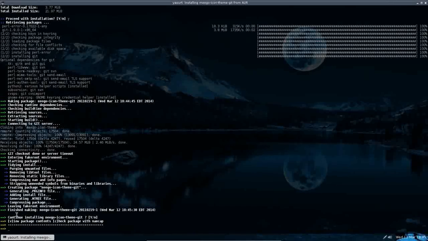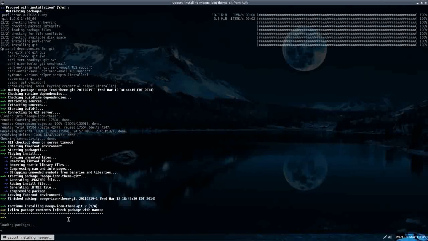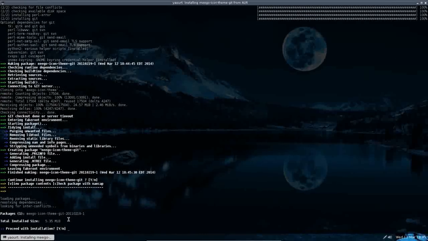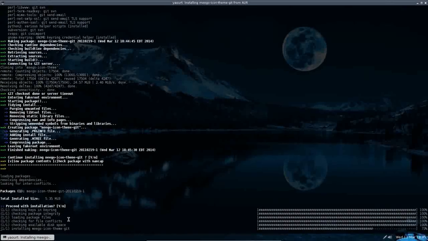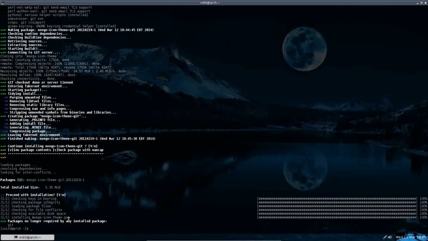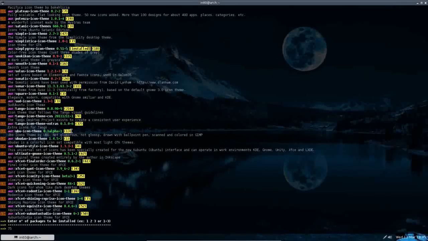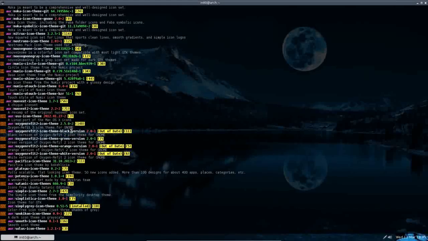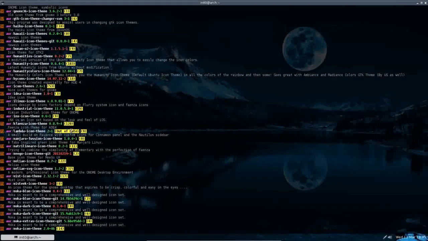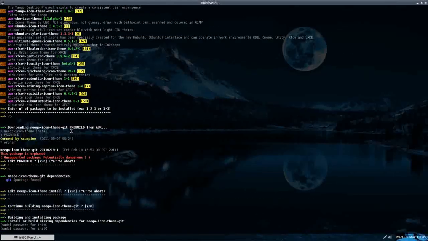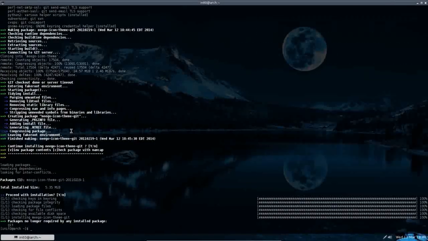So continuing, it's resolved dependencies. Continue installing, yes. Proceed with installation, yes. And there we go. That one was a little bit longer than usual. This one had a few dependencies. But as you can look through, you can see there are a lot of icon themes to choose from. And to me, this is just a more dependable way of doing that. Also,